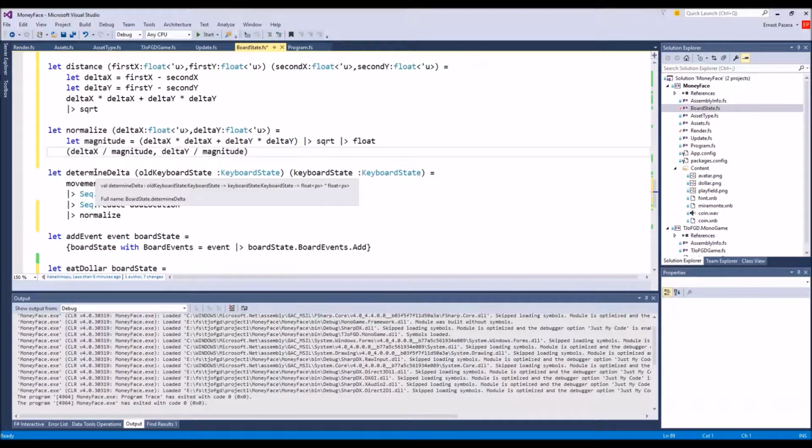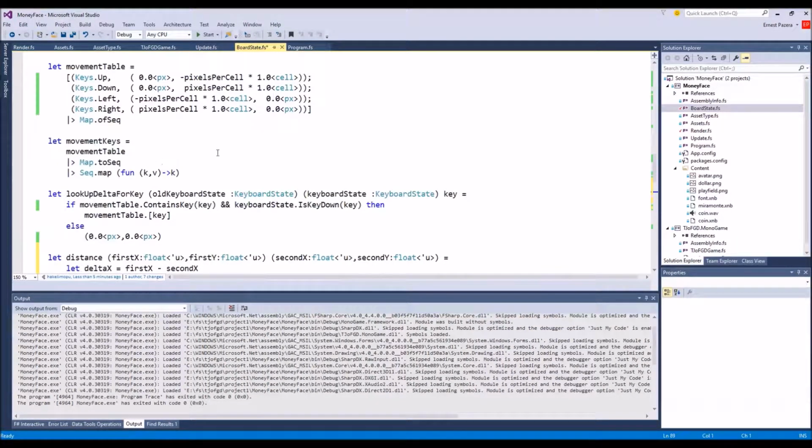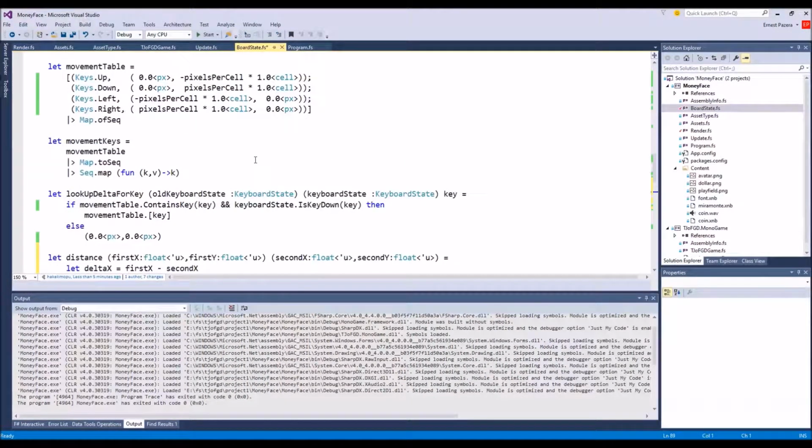It's going to be a 1.0 time in a particular direction, so my magnitude will still be 1. It'll be the unit. So what I want to do here,